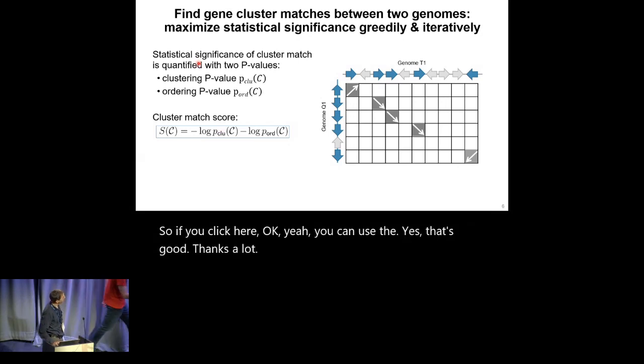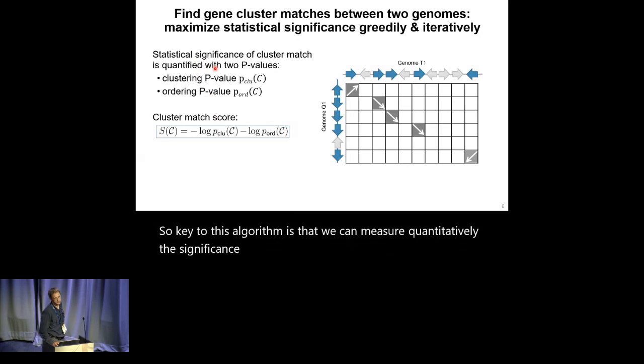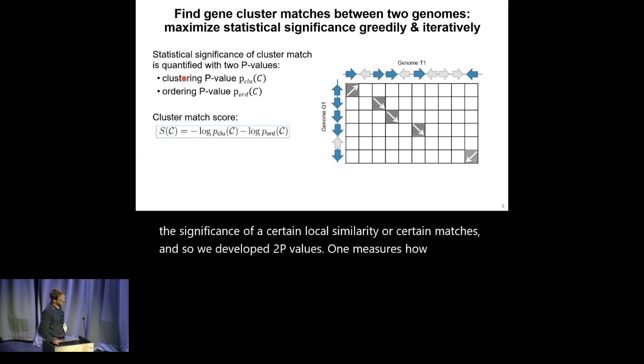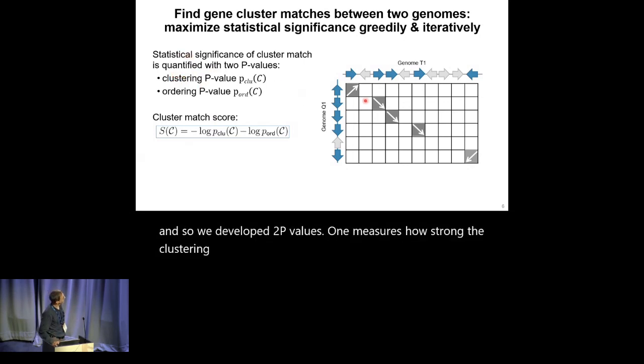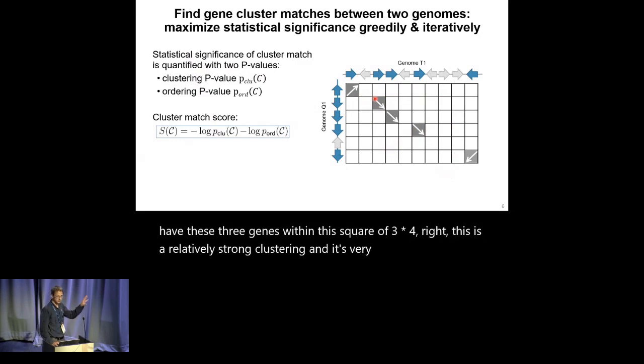Key to this algorithm is that we can measure quantitatively the significance of a certain local similarity or certain matches. So we developed two p-values. One measures how strong the clustering is regardless of ordering. For example, if you have these three genes within this square of 3 times 4, this is a relatively strong clustering, and it's very unlikely to occur by chance. So we calculate the